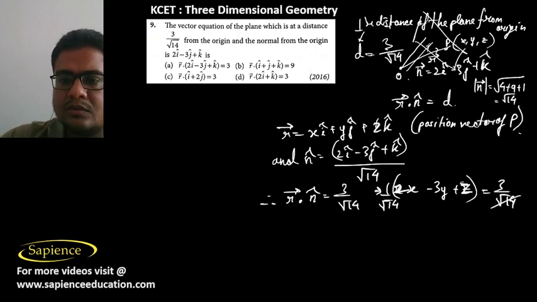So root 14 and root 14 will cancel. So therefore the required vector equation of the plane is